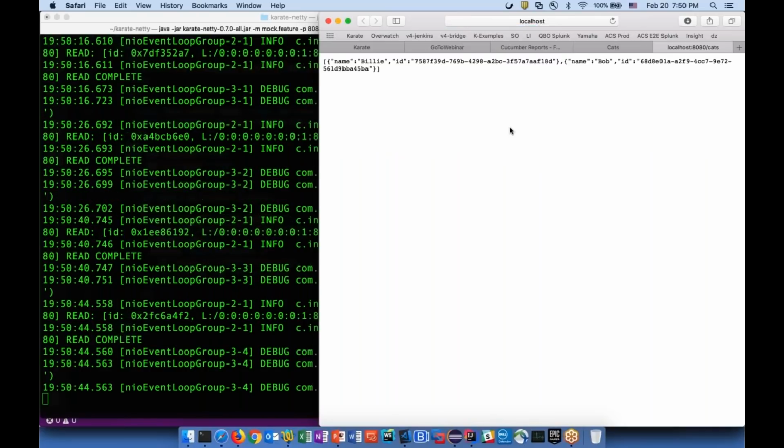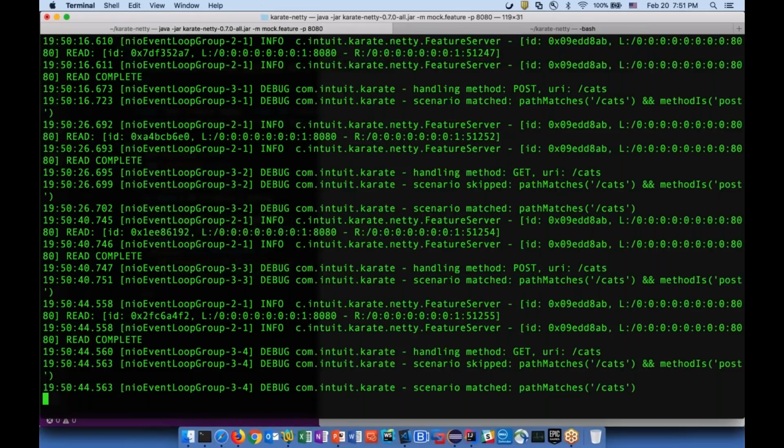And if I go and get cats, yes, there are now 2 cats in the system. So this is pretty cool. And I've actually given a flavor of how a web development team or a JavaScript development team is actually using your mock, which hopefully sells the fact that this mock is a true mock. You can actually use this for development of all kinds.